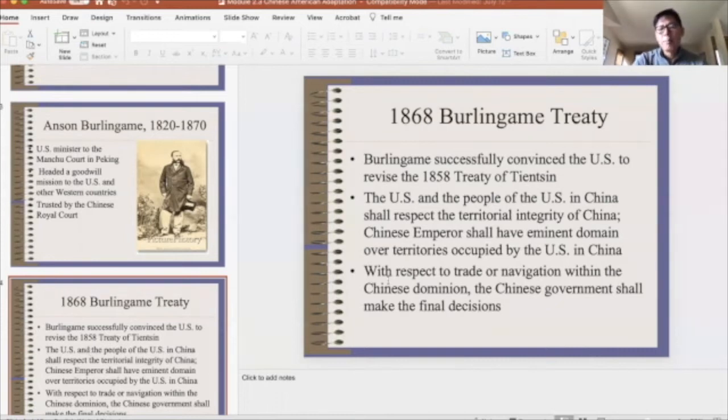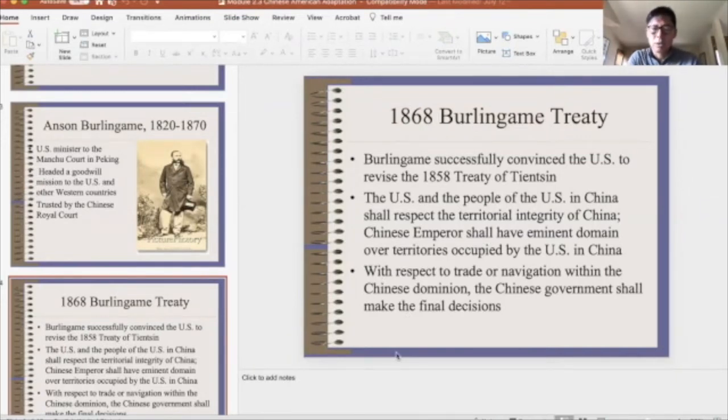And it stipulated a number of provisions that were, in retrospect, incredible. So, one of the first provisions was that the United States and the people of the United States in China shall respect the territorial integrity of China, and the Chinese emperor shall have eminent domain over territories occupied by the US and China. And secondly, with respect to trade or navigation within the Chinese dominion,